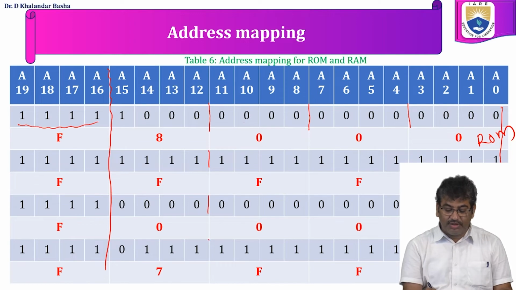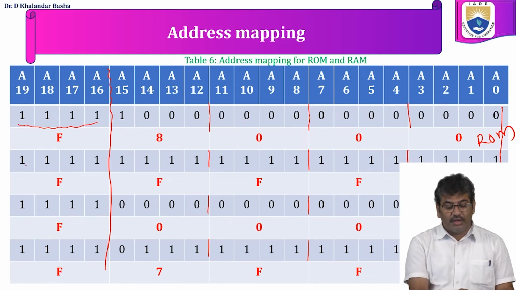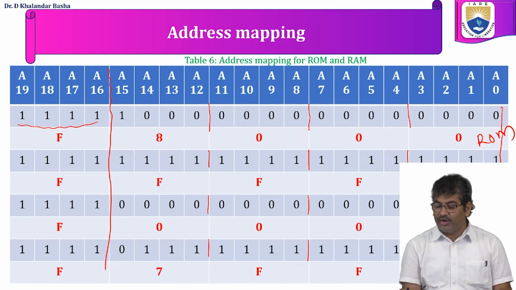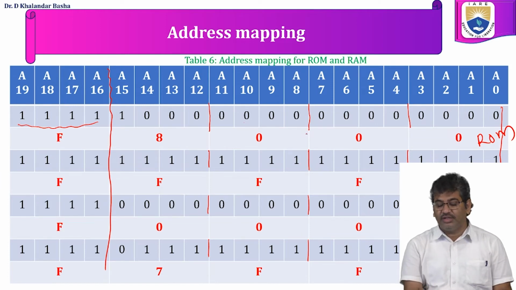In hexadecimal format, we can combine 4 bits as 1 hex digit. Next, 1111 is F, 1111 is F, 1111 is F, again F. So the address space for ROM is F8000 to